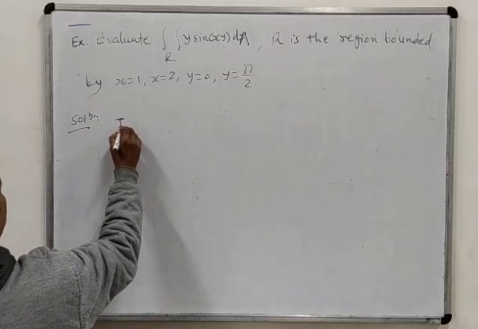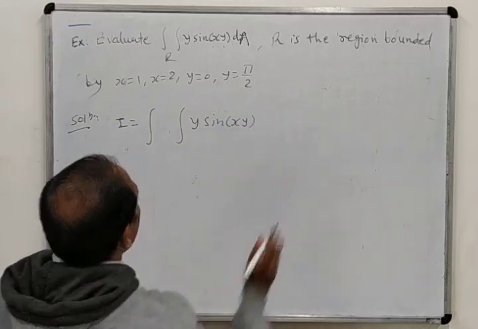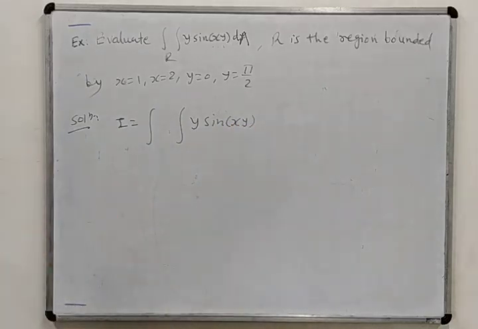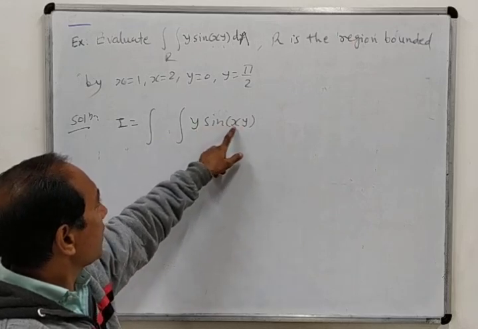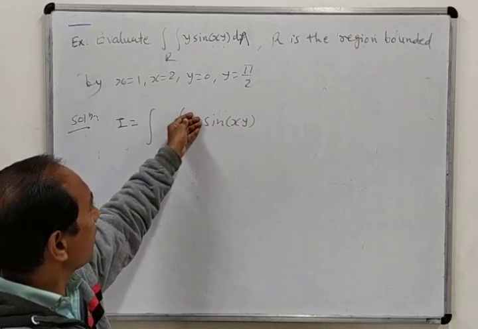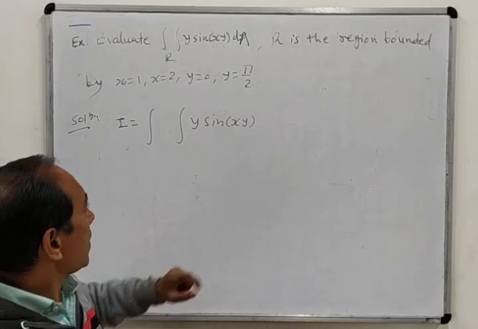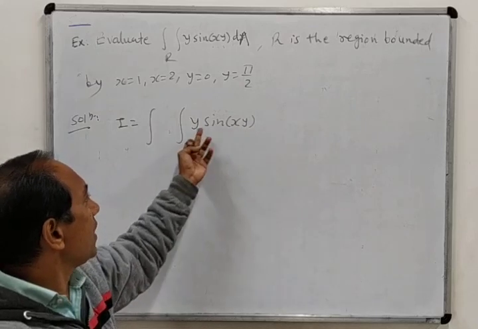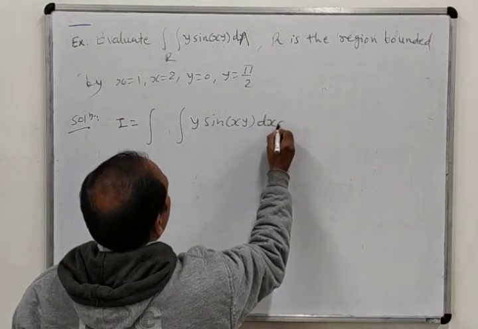So for that, y sin xy, here we will write dx dy or dy dx. You just determine with respect to which variable the integration is easy. Here x is only at one place, so if we integrate with respect to x, then y is constant, so this y we can take outside, and we only require to integrate this one. So with respect to x it is easy, but if you try to integrate with respect to y, it will become more complicated, because there it will require integration by parts. So here it is better to integrate with respect to x first.